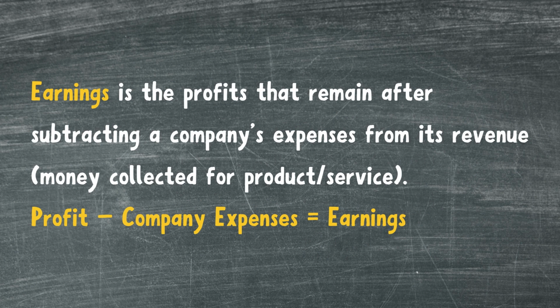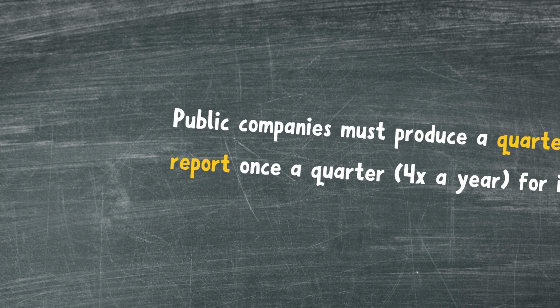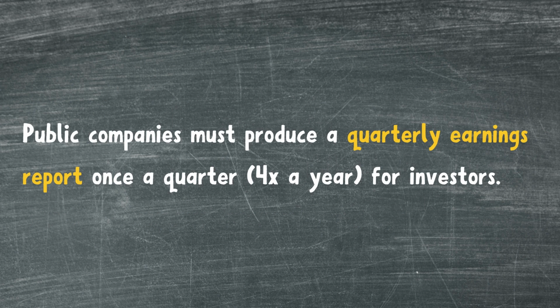Earnings is the profits that remain after subtracting a company's expenses from its revenue, money collected for products and services. Public companies must produce a quarterly earnings report once a quarter or 4 times a year for investors. Investors carefully read these reports and base their opinions about the value of a company on its current and projected